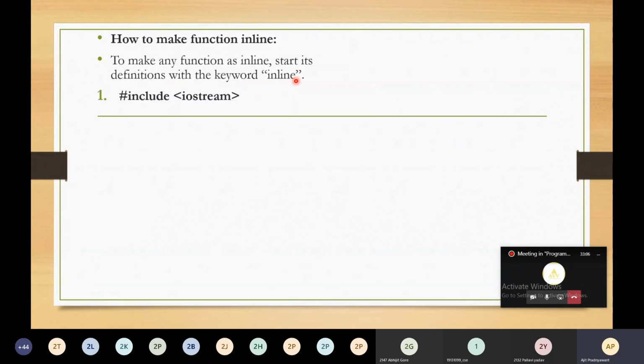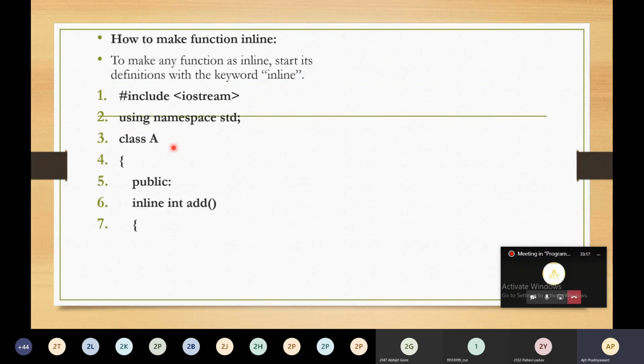So this is the simple code demonstration. These are the standard two statements we have included, iostream and namespace. Then inside class A, we have this inline function. Inside the public section, inline integer add. So this is the function which is inline. How to make this function inline?